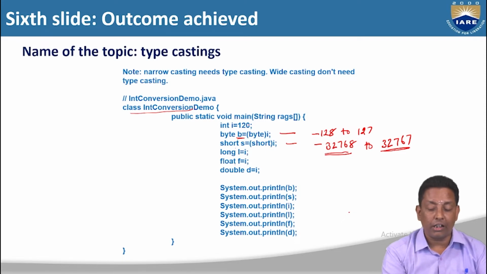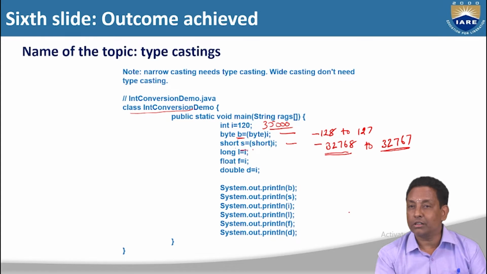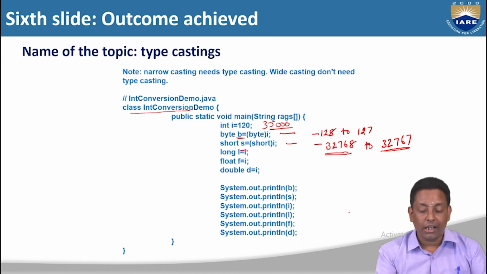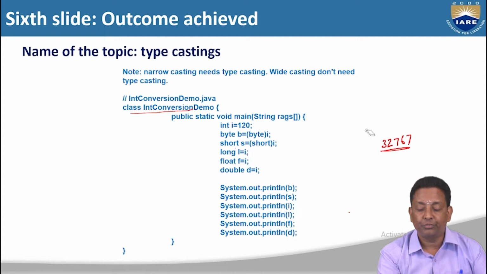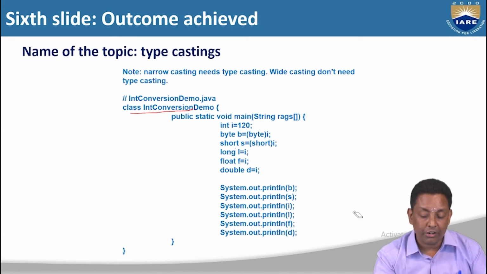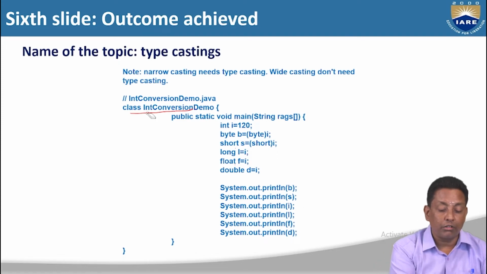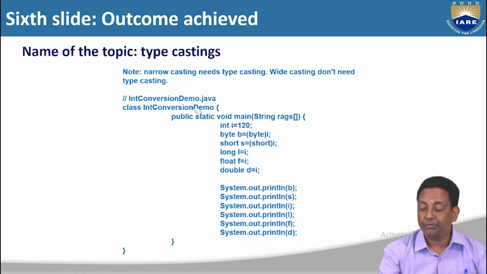For example, to the int I, if I assign 35,000 and try to assign it to short, the actual value will be lost. The compiler and the interpreter will reduce the value and assign it to the short, similar to the byte also. So the Java developer who is trying to assign an integer value to a lower data type must consider the byte and short data type ranges and the value assigned to the integer while assigning into byte and short. The developer has to take care of that. So this is regarding typecasting. Hope narrowing and widening casts are clear.